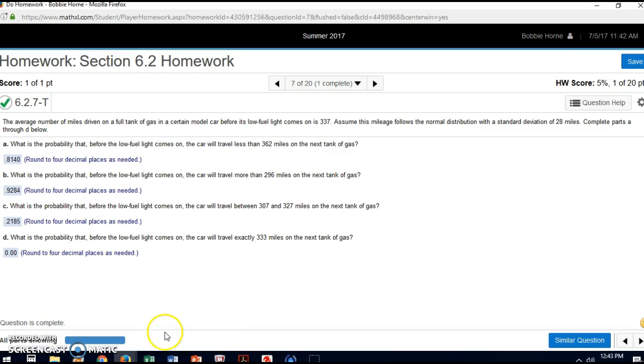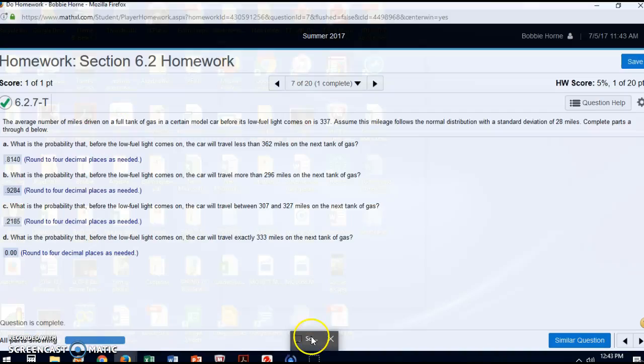If it's exactly that amount, below it and above it adds up to 1, so that would be exactly 0. Hopefully this helps you get started on the technology part. If you were to have a question like this on the test, you would use a table. You wouldn't have to